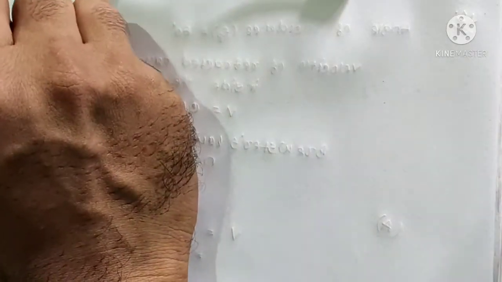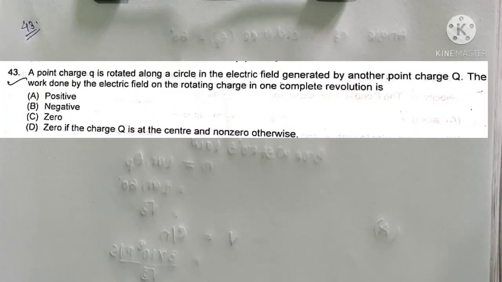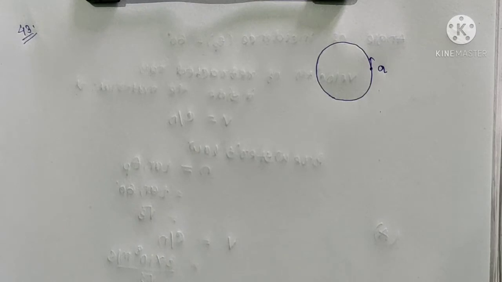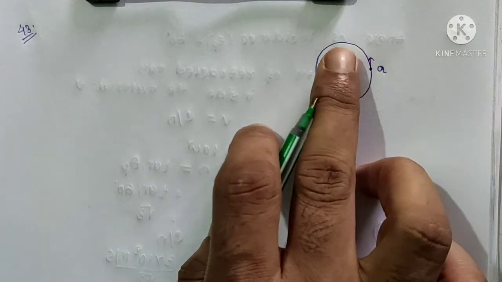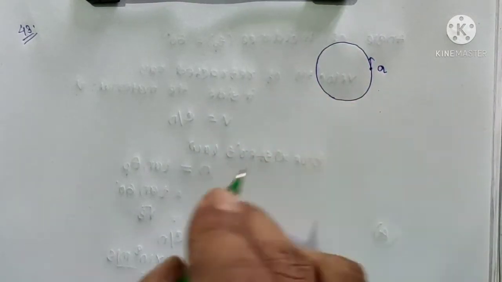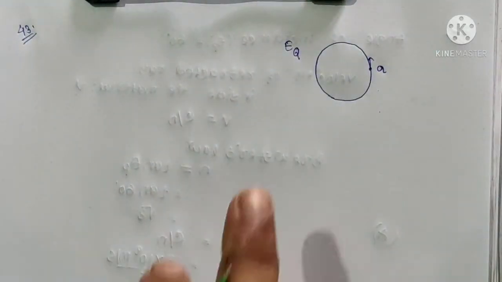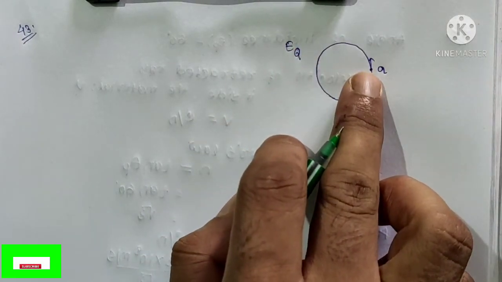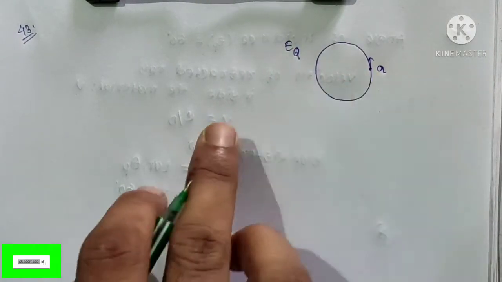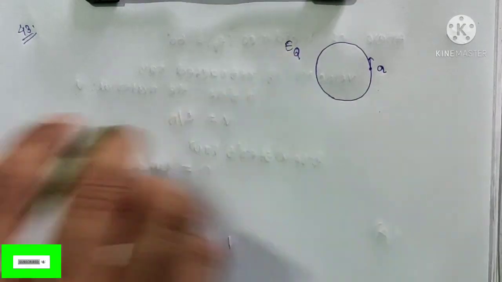Question number 43. A point charge small q is rotated along a circle in the electric field generated by another point charge capital Q. The work done by the electric field on the rotating charge in one complete revolution is. So the point charge is rotating in a circle and there is electric field due to another point charge Q. So there will be force on this small point charge q due to this electric field, and we know that